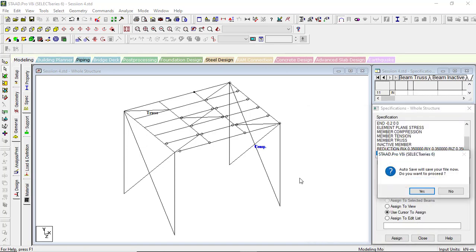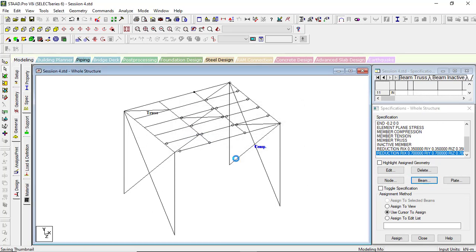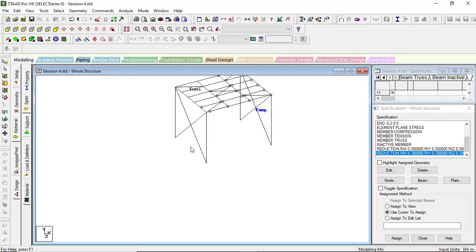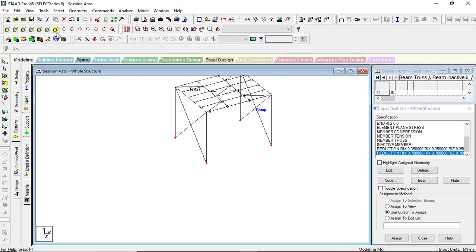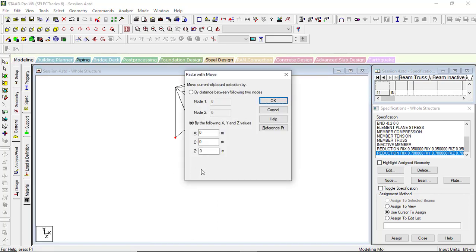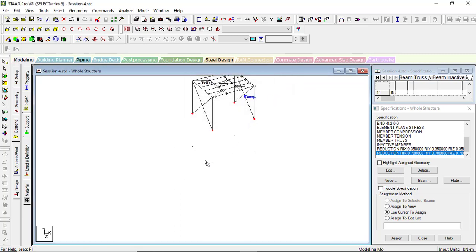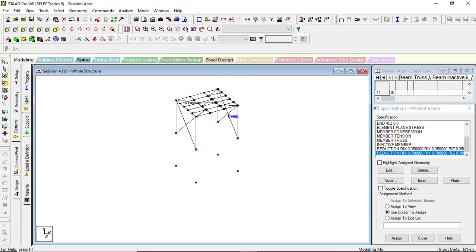So now let us draw a beam below that. So first let's select these nodes and let us copy these nodes in the y direction, that is, let us paste it at -5. Okay, shift K so that nodes will be visible. Let us draw the beams connecting them. These are your columns. I hope how to do this is clear to you.